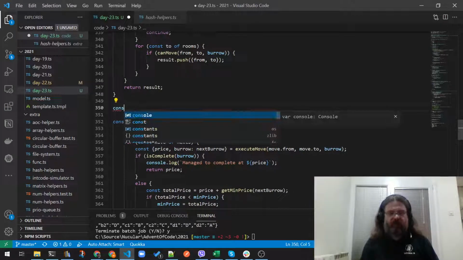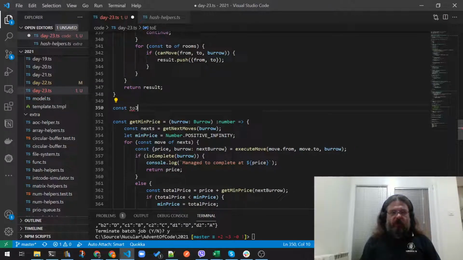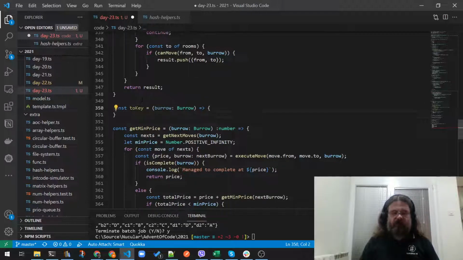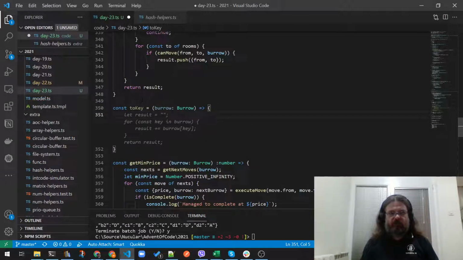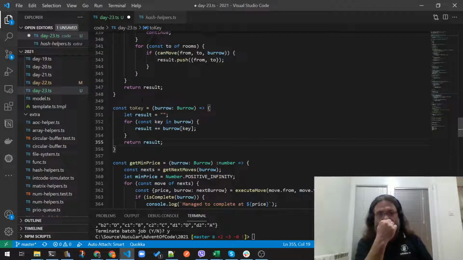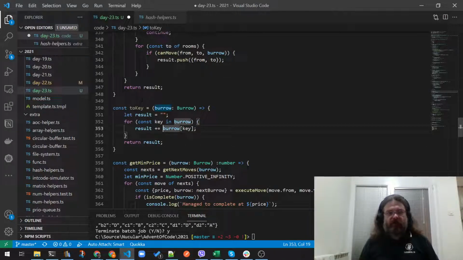Let's create a key out of the burrow, and this is not gonna work, but actually it will, because the keys. Okay, we can do this,